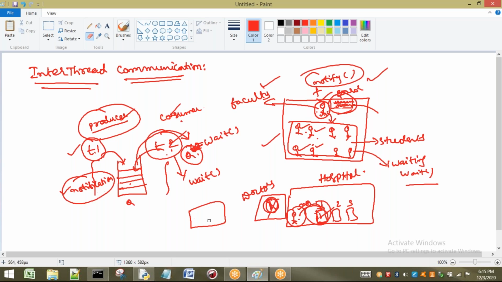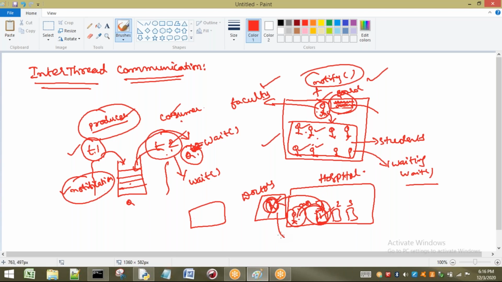That means something is happening here, some updation is going to be done. Some data is removed here. That is also updation. Adding is an updation, or removing is an updation. There is no problem. Both can be considered as updations only. Anyway, now this particular compounder has to give notification to this person, so that this person will go to the doctor's room. Okay, so these two threads are waiting now.